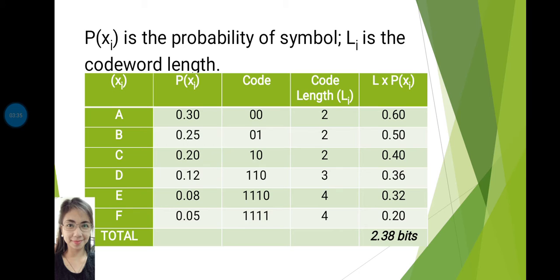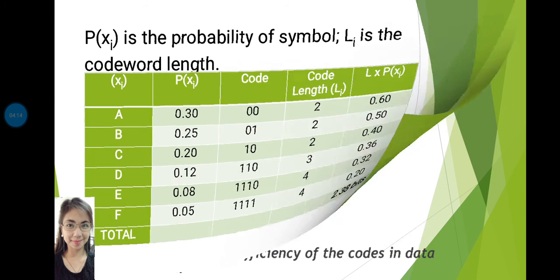How to get that? Since A has a code of 00 and there are two digits, that is the code length. And B is 01, the code length is 2. So on and so forth until F. F has a code of 1111 and the code length is 4. So when we multiply the code length by the probability, we get 0.60. Then 0.25 multiplied by 2 becomes 0.50, so on and so forth. And we get the sum of the fifth column,